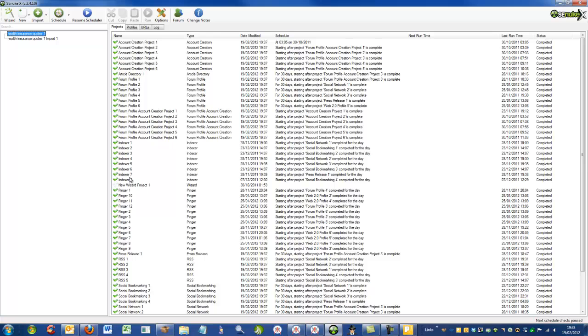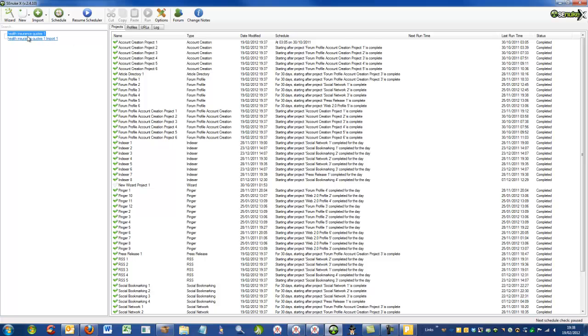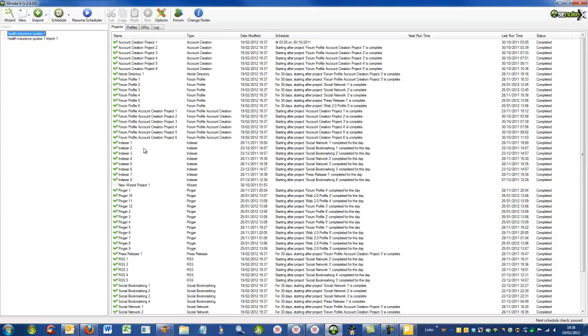And hence, a lot of these URLs that have been created aren't as many as they could have been. But the reason why I'm just going to use these two as an example is just to show you what to do once your campaign's finished within SNUKX. So first, as you can see, green ticks along all of them, simply to indicate that the entire campaign is finished. So when you get to this stage, what you want to do is go to your URLs